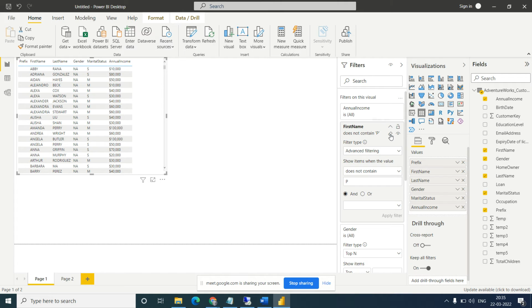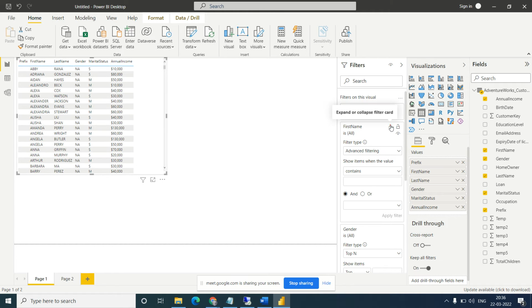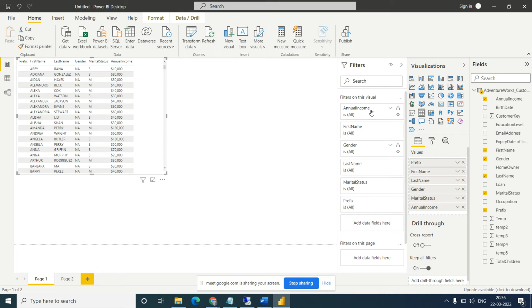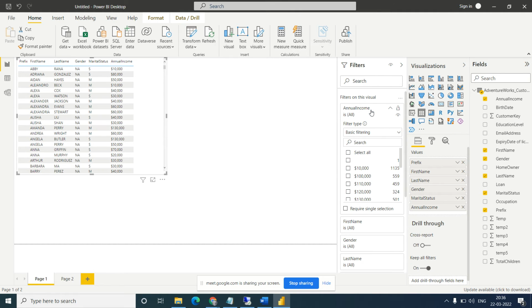What if you are doing the same kind of advanced filtering on the measure? What is the measure? Metric data. Numeric data, right? So where is the numeric data in this column? Which one? Annual income, right? So select the annual income filter. We will see something here. So there is the annual income. Can you see this? Okay, go to the annual income, select the advanced filter.